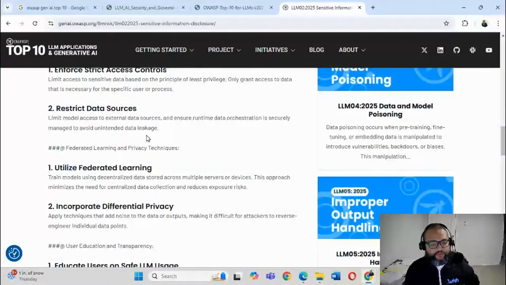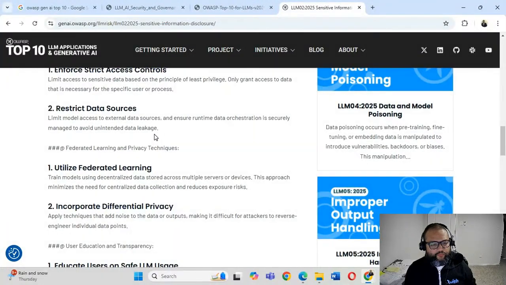Let's take data sources. Ensure runtime data orchestration is securely managed. Limit model access to external data sources. So it's saying to limit the model to external data sources.